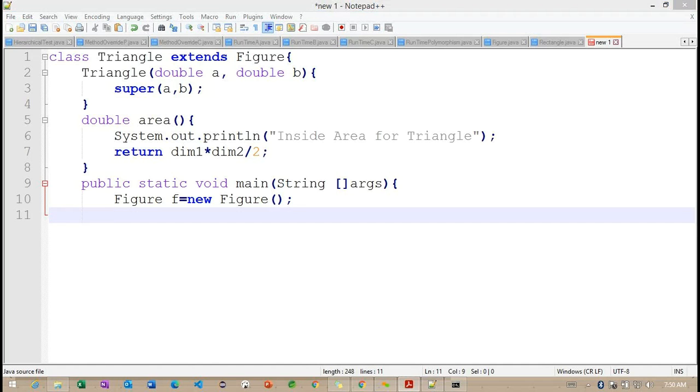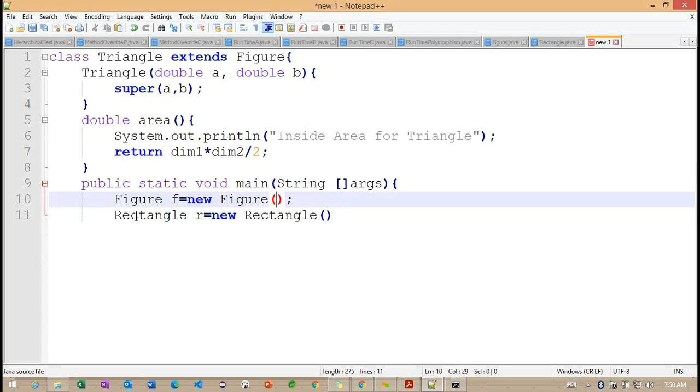Now I will create the Rectangle and Triangle classes here. Now you can observe all the classes have parameterized constructors.